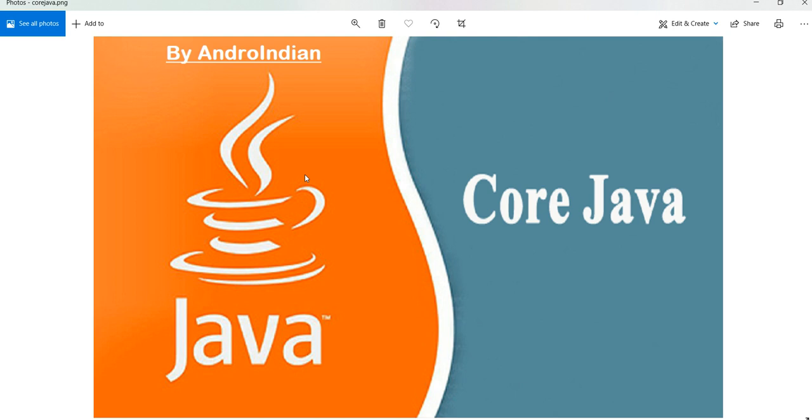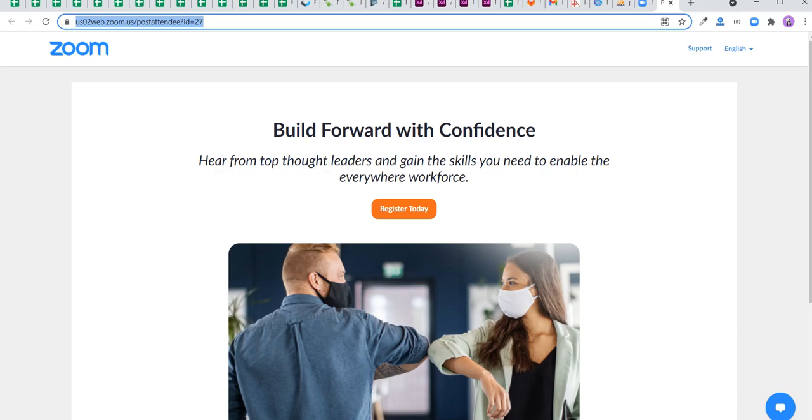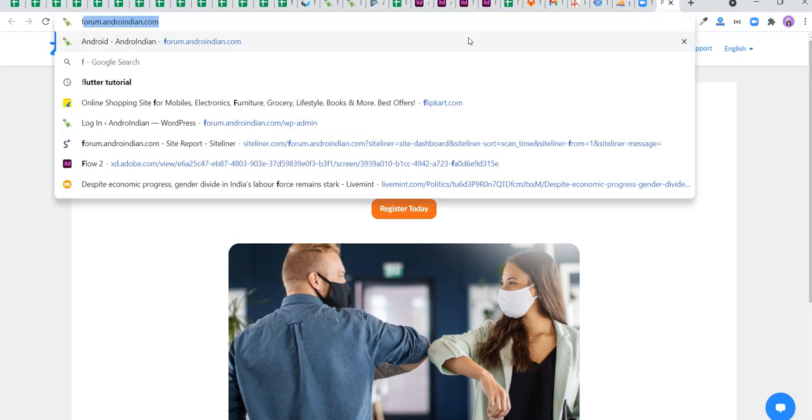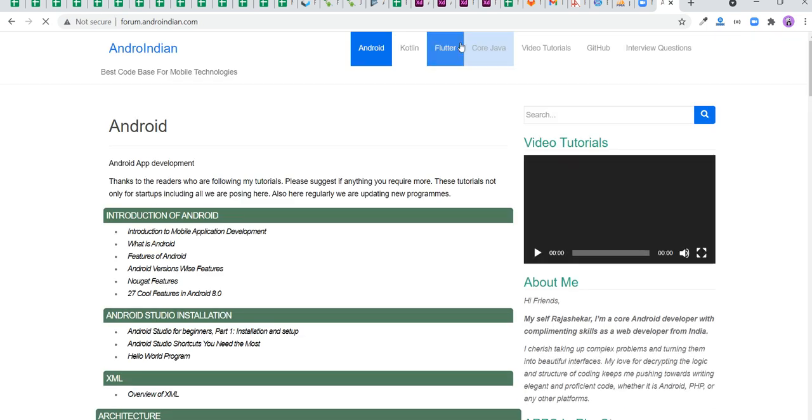Hi friends, it's a continuation tutorial for data types. In data types, as we discussed, there are different types, and we are now concentrating on the primitive data types: integer, floating, character, and boolean. We'll discuss each in detail. There are value ranges for each data type and ways we can store the data. I already defined that clearly on my website, and I'll show you while explaining. It's easy to understand for you people also.